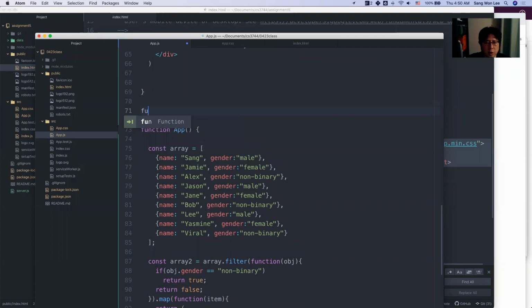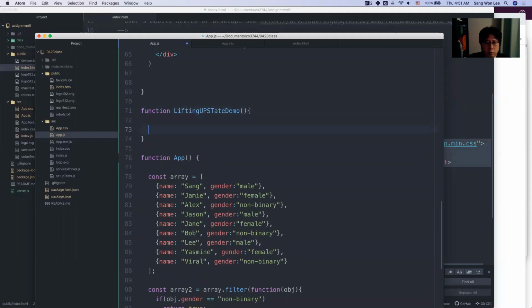By the way, typically if you build a large scale app, you would want to have a separate file for each component. But for the sake of convenience, I'm just going to put everything in app.js, and I'm going to ask you to do the same thing for assignment 5. So lifting up state demo is going to have